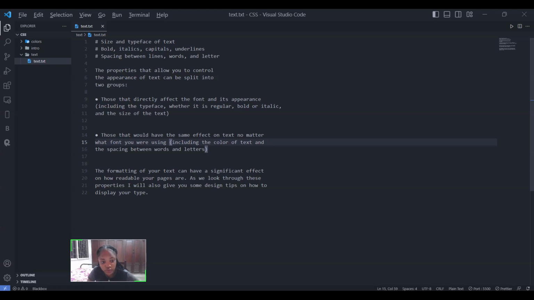Controlling your text will affect the fonts and appearance of the text, including typeface, whether it's regular, bold, or italic, and effects on your text, including color of the text and spacing between the letters of the text. Okay, so how you style your text can have a significant effect on how readable your pages are. So we're going to be looking at font typefaces, studying typefaces, looking at those properties and design tips and display